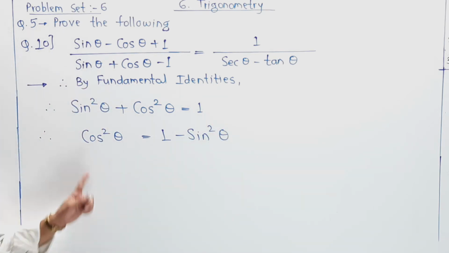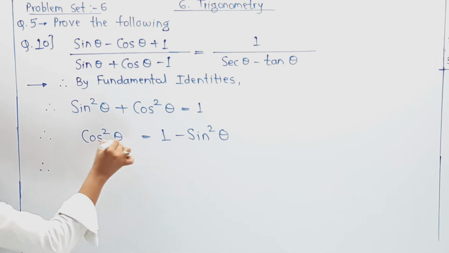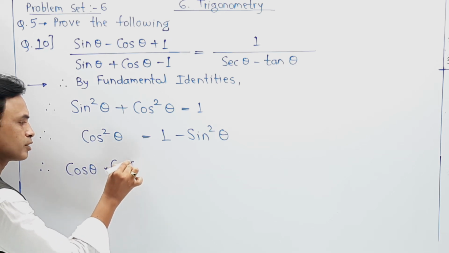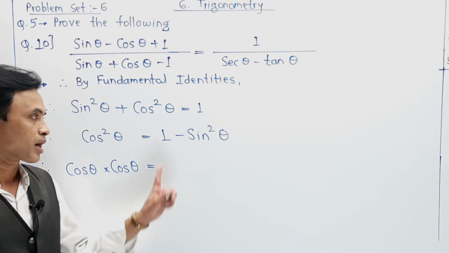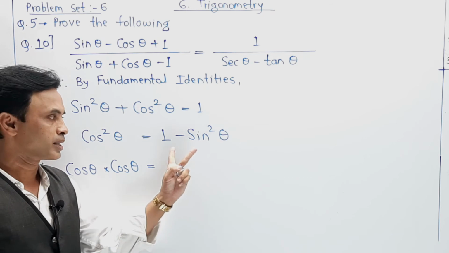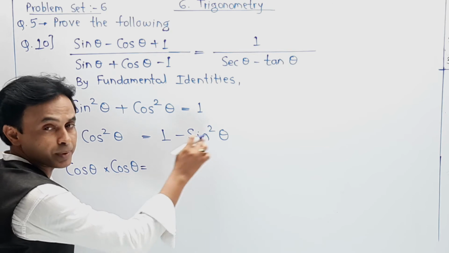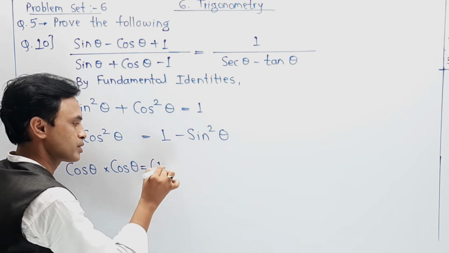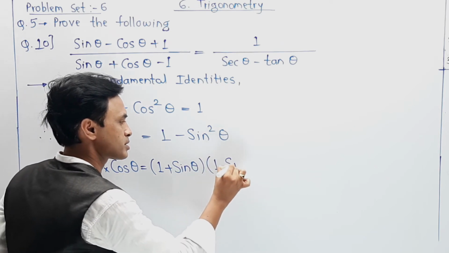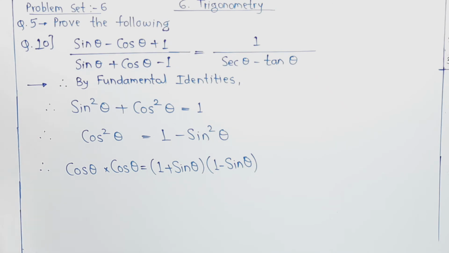Now the next step is, I am writing cos square theta in split-up manner. So cos square theta is subdivided as cos theta into cos theta, two times, and here 1 minus sin square theta, I am considering it as 1 square minus sin square theta. It becomes a square minus b square, so its factors become a plus b into a minus b. So 1 plus sin theta into 1 minus sin theta. In this way, your first part of the break is done.